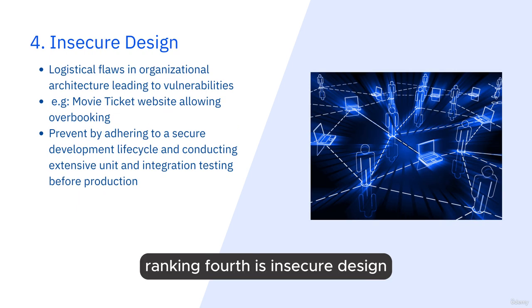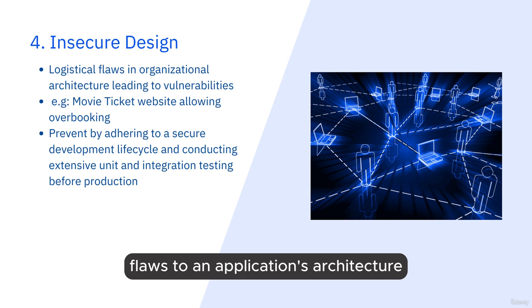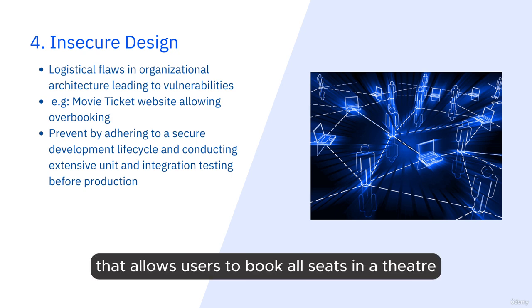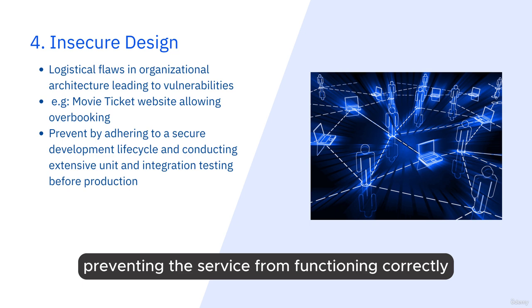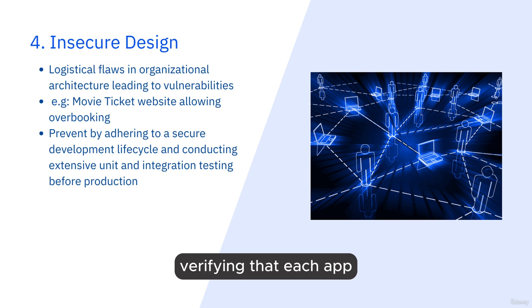Ranking fourth is insecure design, which is a vulnerability caused by logistical flaws to an application's architecture. An example would be a movie ticket website that allows users to book all seats in a theater, preventing the service from functioning correctly. Prevent this vulnerability by following a secure development lifecycle, verifying that each app component goes through